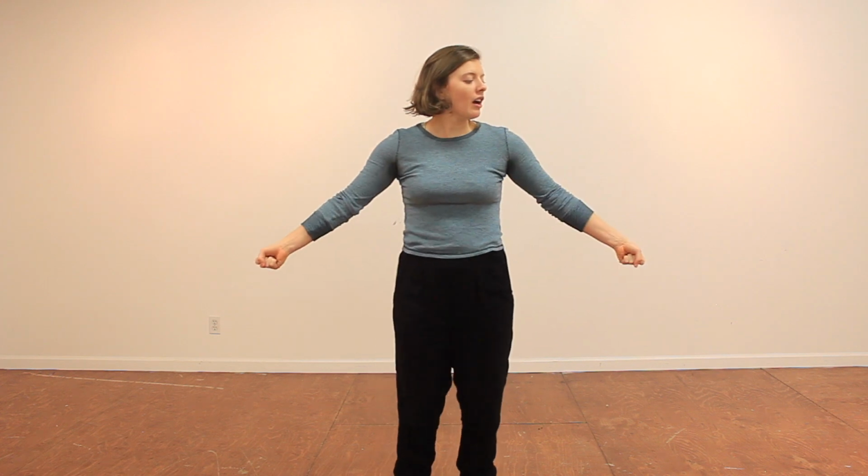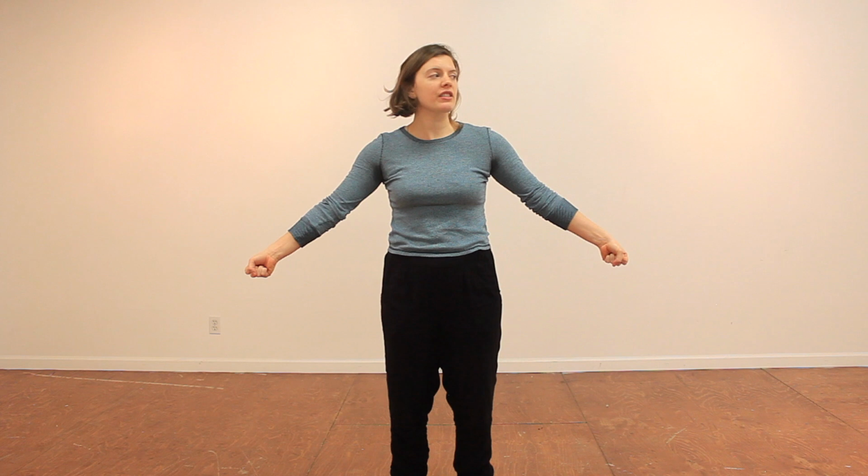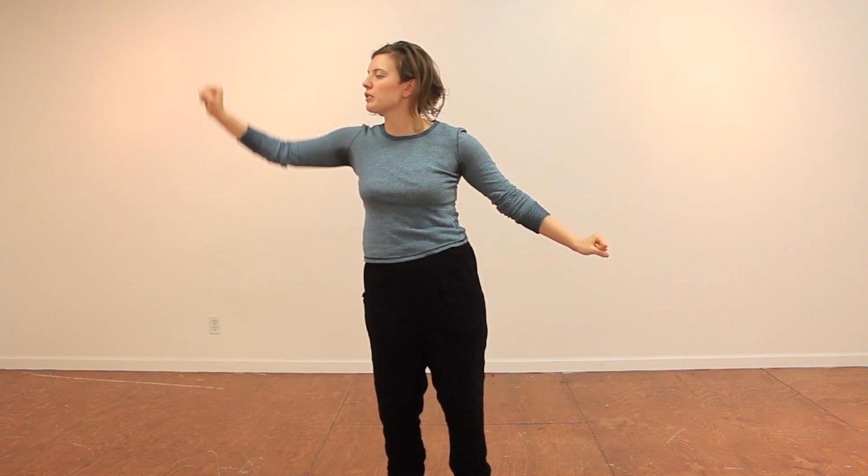After that, it goes into an instrumental break, and we're going to do a wave through all of our arms. It's going to start on the left-hand side of the line with a wave through the arm, and then it's going to pass through the right arm to your next partner, and it's going to go all the way down the line. Now we're on to the next verse, and the lyrics are "look up,"